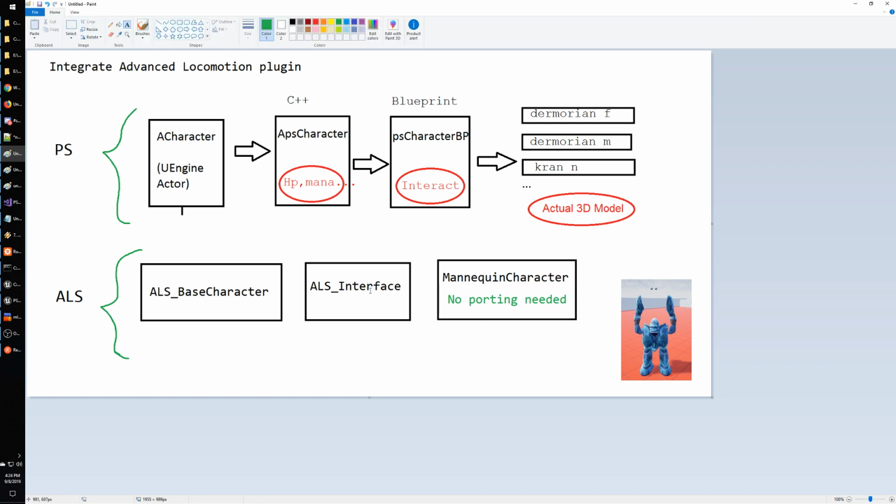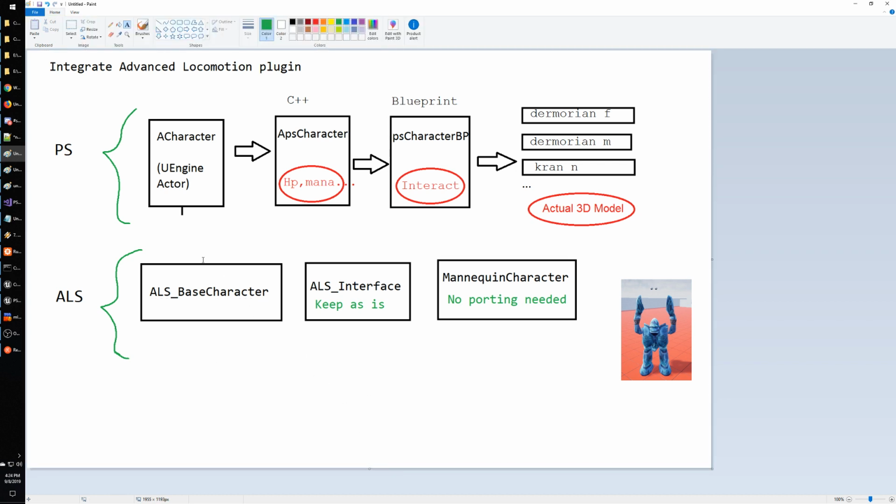So which leaves us with these two other classes. The ILS interface, I think that it can stay as it is and is not getting merged. So that is just ported as it is, or say it stays where it is. So we can consider it keep as is. No changes needed. The hard one is this one, because this one has a significant amount of